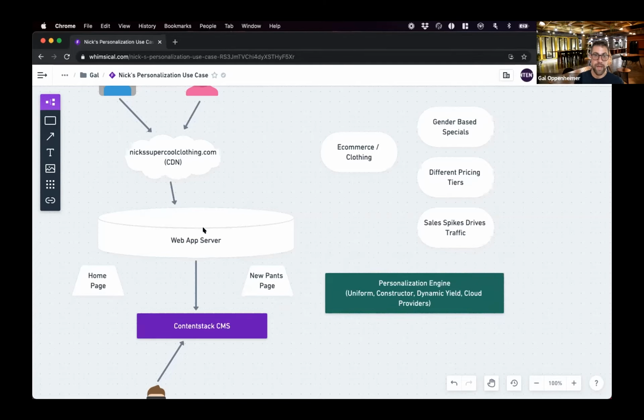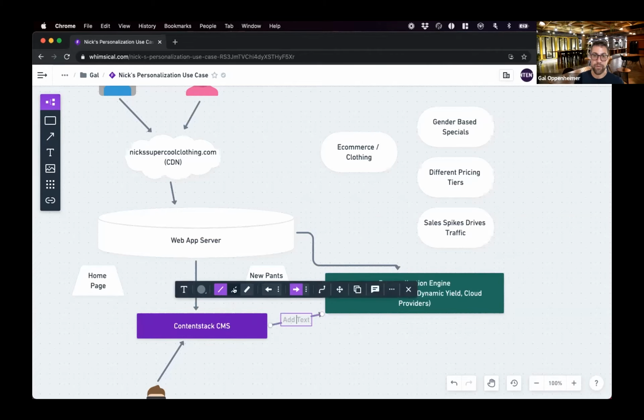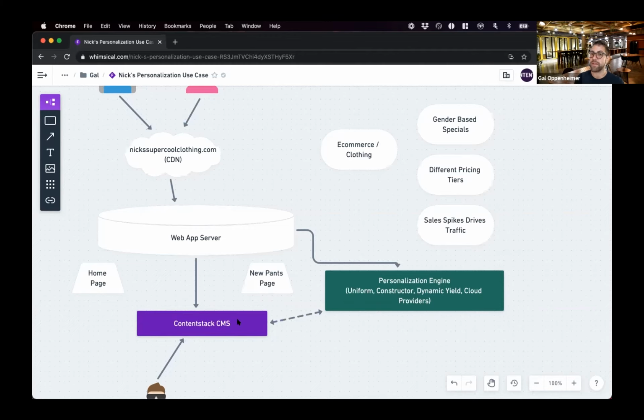And so you'll also have an integration between this system and this one here. And then usually there's a dotted line connector between both of these as well, where they're communicating. This is a really cool solution because you now have two solutions coming in. You have one place where your content creator is making the content, and you have another rule engine that's actually going to be deciding what to provide to users.